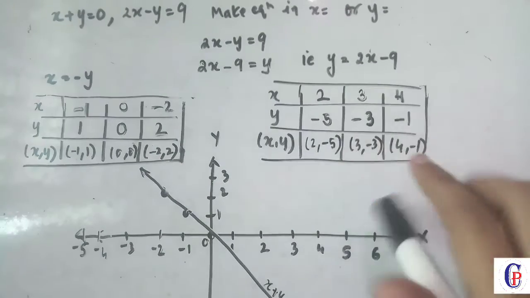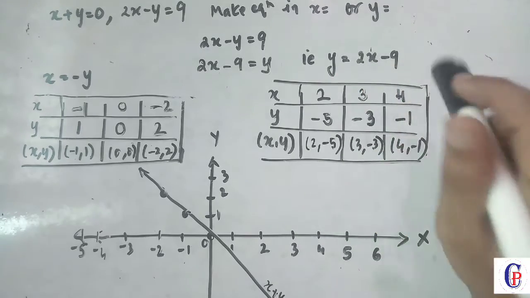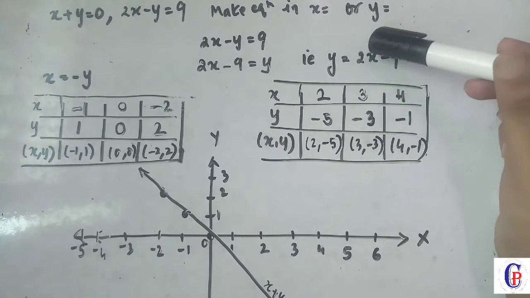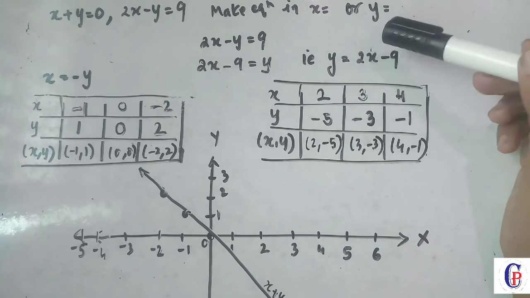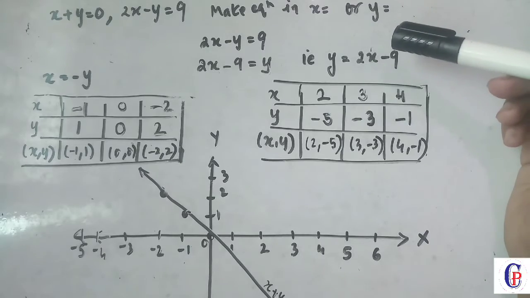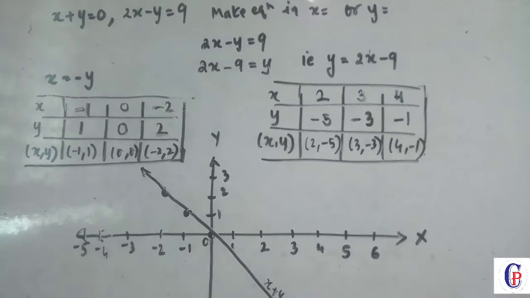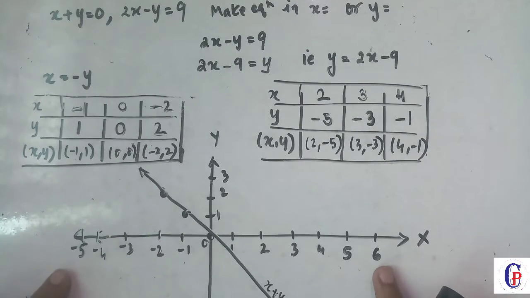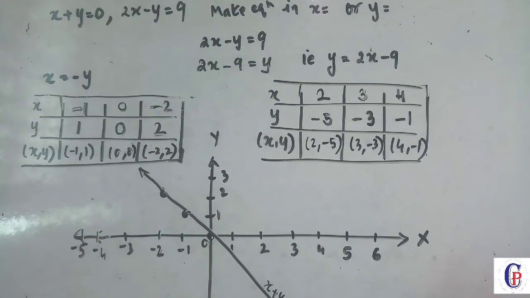Similarly for this equation, y is equal to 2x minus 9. Which letter is on the right side? Right side में कौन सा लेटर है? x. So x के लिए कौन सा भी नंबर assume करो. I have taken x as 2. You can assume any number. You can assume 10, 20, 30, but that much big graph it will be. So try to minimize the graph till 6. It will be seen properly on your graph. 6, above 6, नीचे 6.